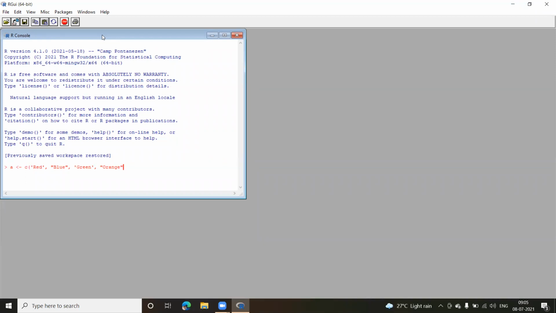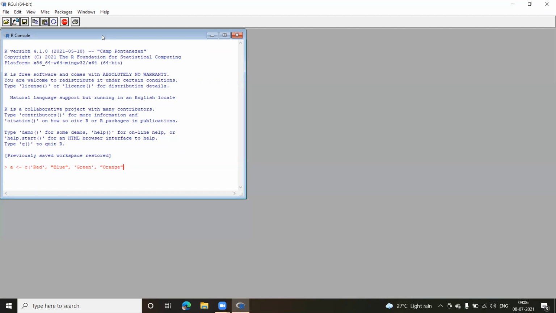We have to start with the function C. And whenever we are using a function, after writing the name of the function, we have to open the round brackets. The round brackets actually indicate that it is a function. So wherever you find some keyword and after that there is a round bracket, remember it's a function.